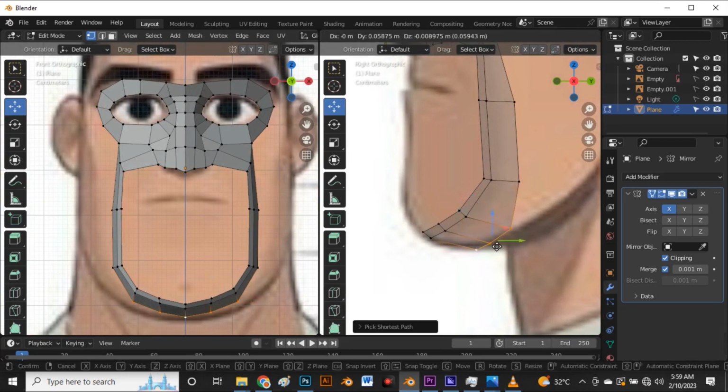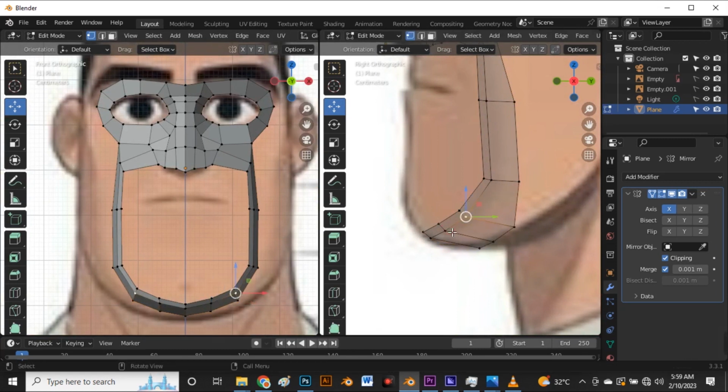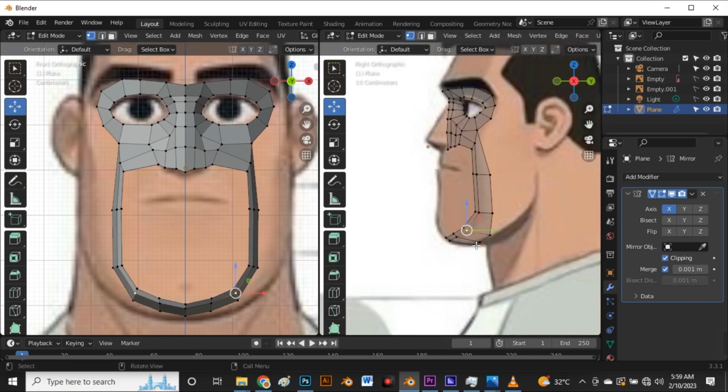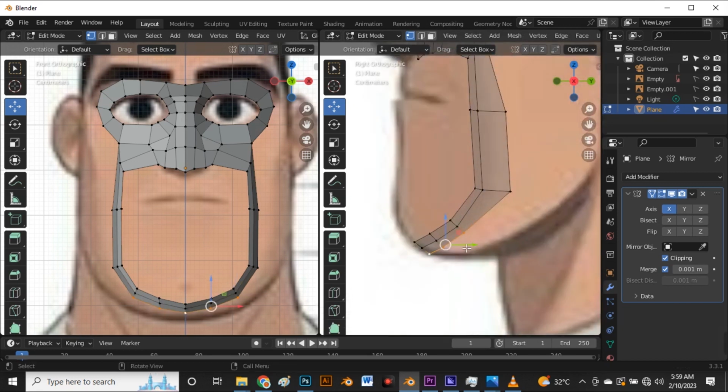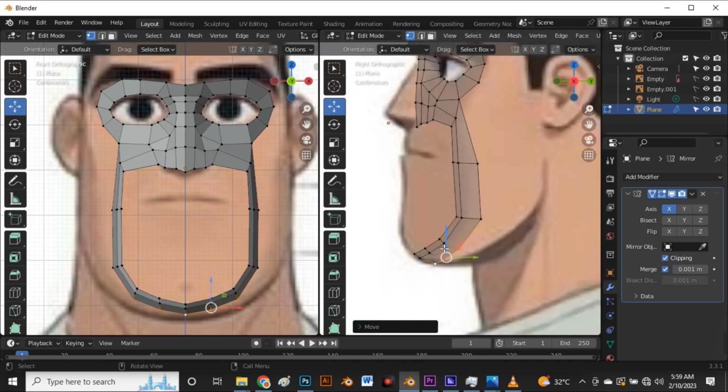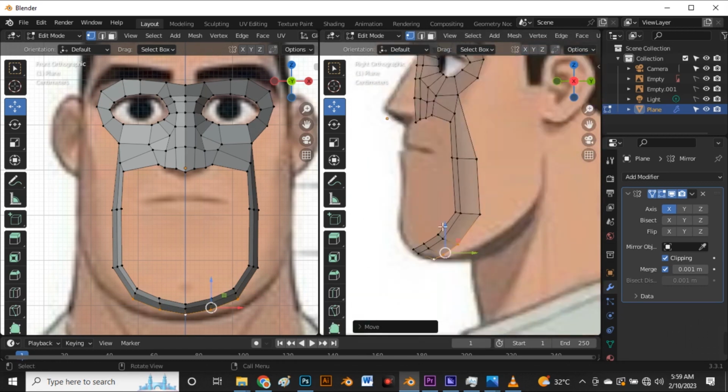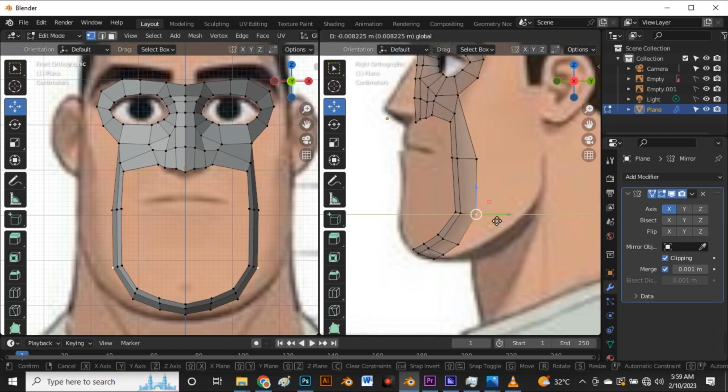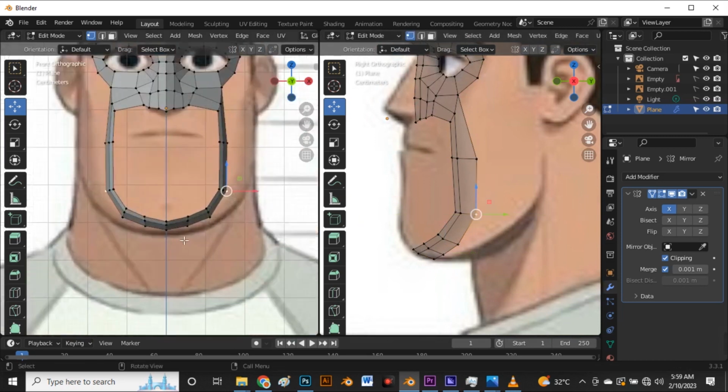So move this to this point. We will leave this loop here. It's very important for us. We'll leave it that way. Leave it that way, and